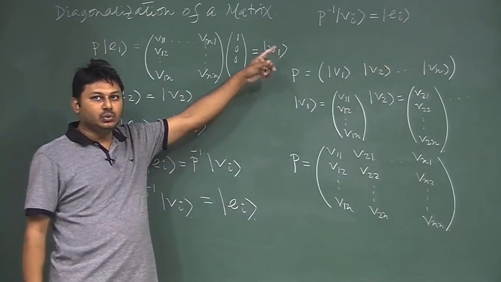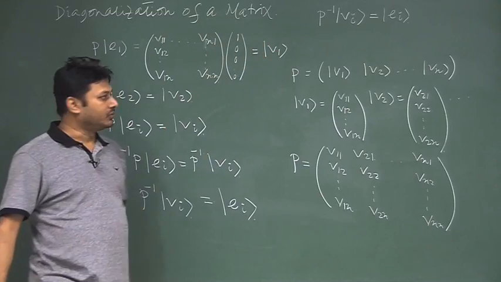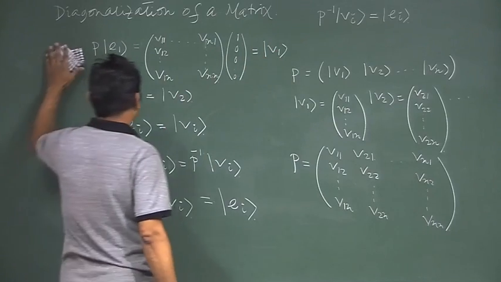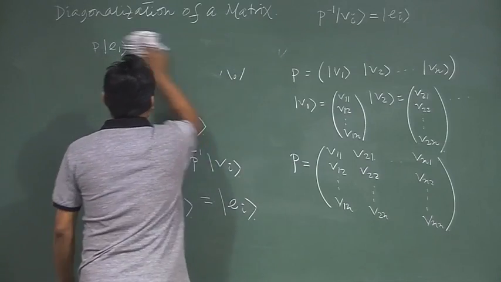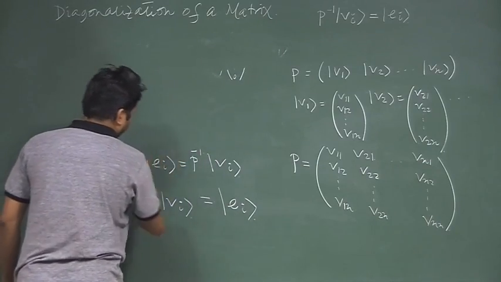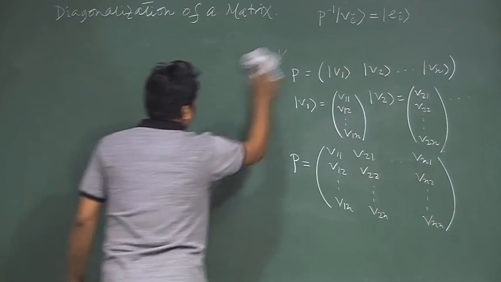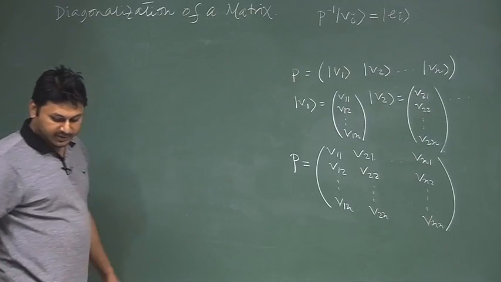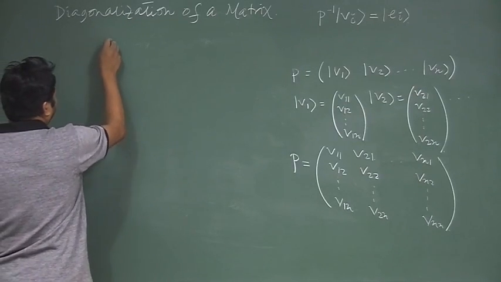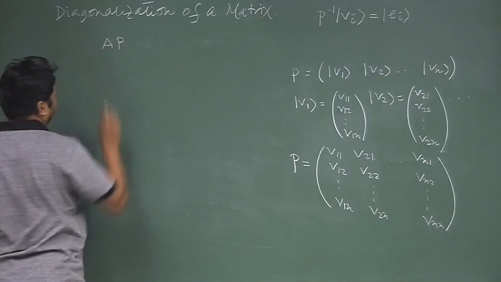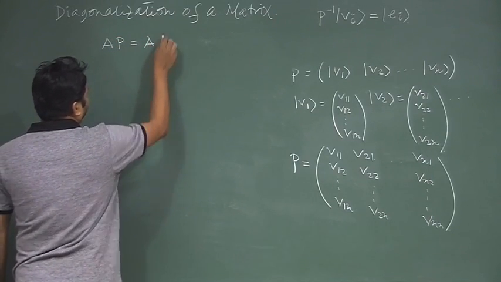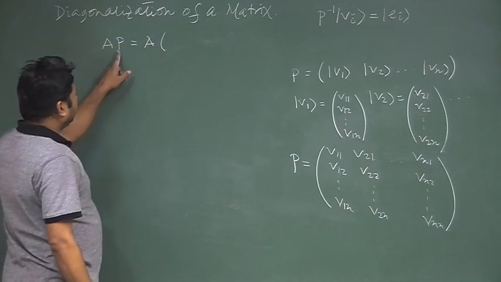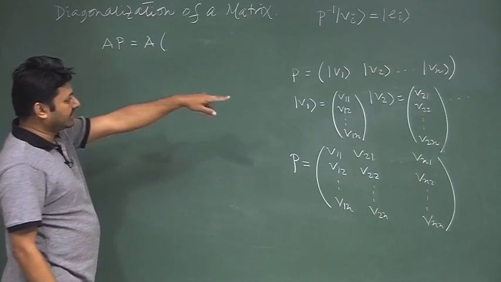I am going to use this expression to prove that this similarity transformation will diagonalize. So, now after having that, let us write what AP is now. AP is a matrix multiplied by the P matrix. The P matrix I write in this form: